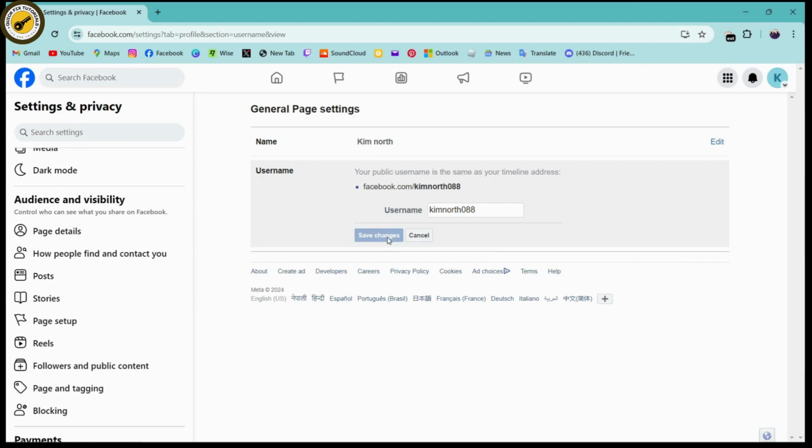Once you've entered the username, click on save changes, and once you've saved, your username or your URL will be changed. So that's how you can change your URL on your Facebook page,